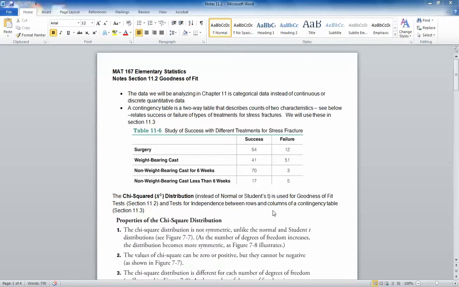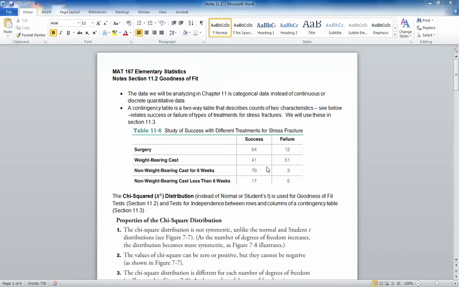In this video, we'll take a look at section 11.2 Goodness of Fit tests. The first item we need to look at is chapter 11. We're going to be analyzing categorical data instead of continuous or discrete data. In section 11.3, we'll be looking at contingency tables, which you've worked with before in probability, and that's a two-way table that describes counts of two characteristics. So this is an example of a contingency table, and we'll actually look at this table and solve that problem